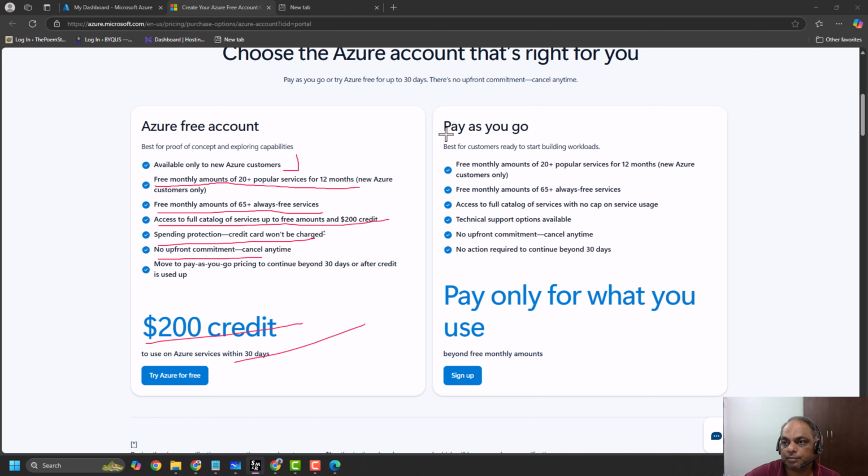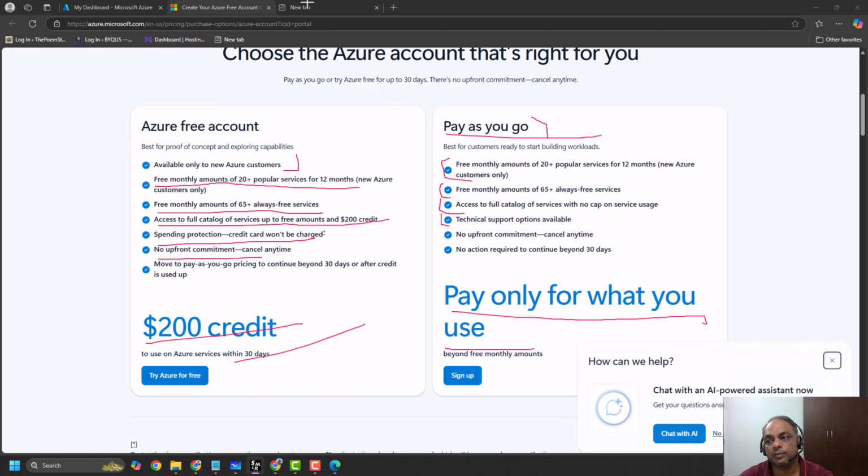If you talk about pay as you go, it is pay only for what you use. So it is simple. If you have this as your subscription, if you deploy a virtual machine, you have to pay for the uptime or the number of times your data is being accessed from database or your blob storage. These all things will come under pay as you go services. The third one is